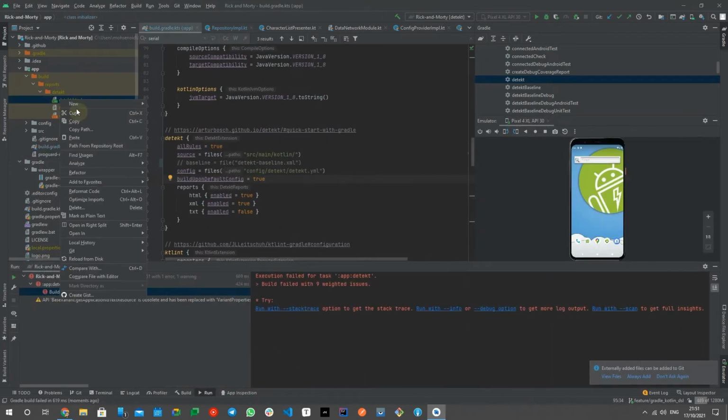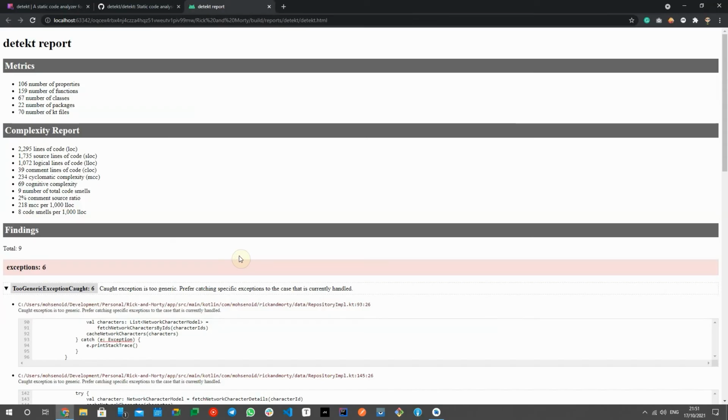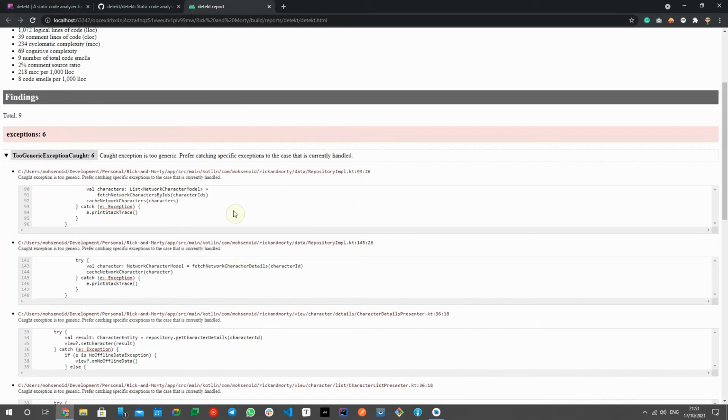It also wraps KTLint inside and can generate HTML reports for human reading or XML reports for parsing.